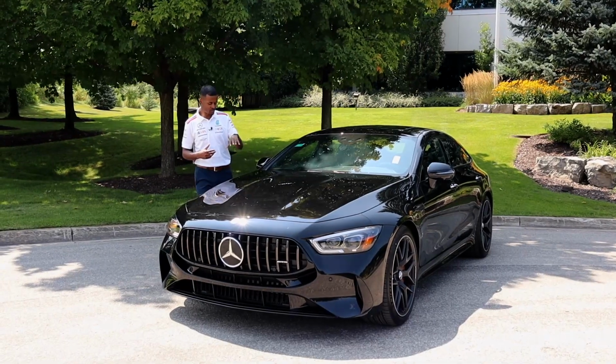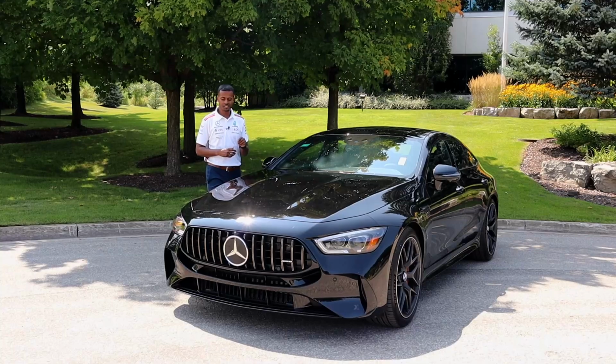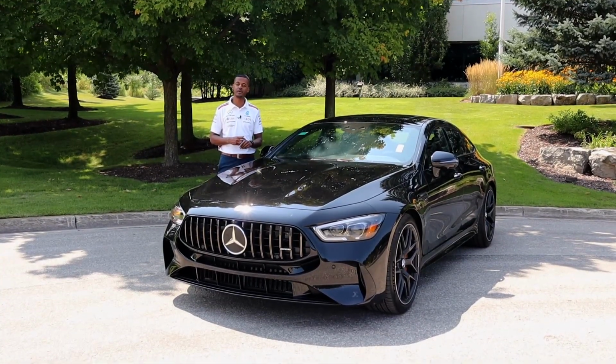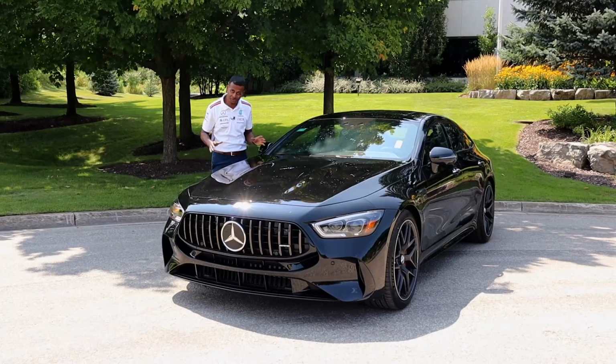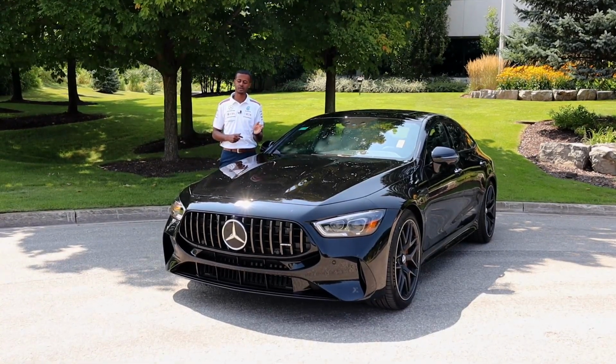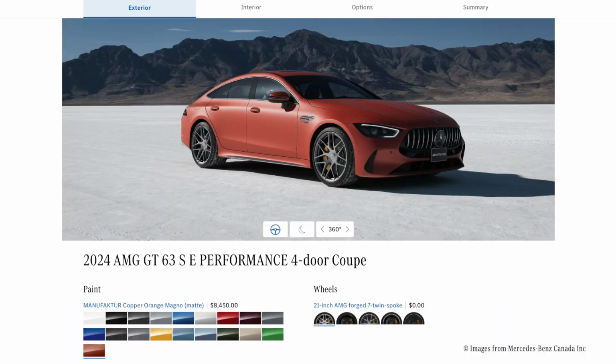Like I said, this is the beautiful obsidian black. It's all stealthed out, looks really sharp. What I wanted to mention about the paint though is this is one of the very few Mercedes-Benz models that have a plethora of different colors. You can spec this with almost all the vehicle colors that are available for the model lineup, including all the G-Wagon colors. So you can do this in a Magno orange, you can do a yellow stone, a Kalahari gold,